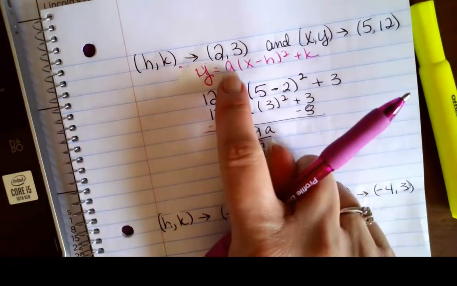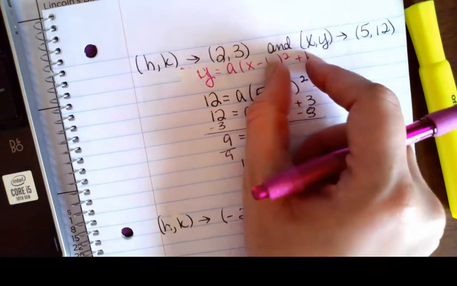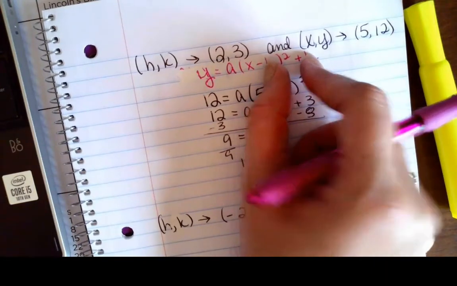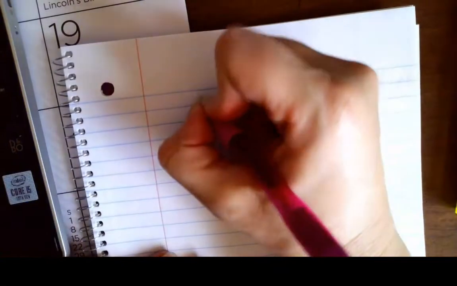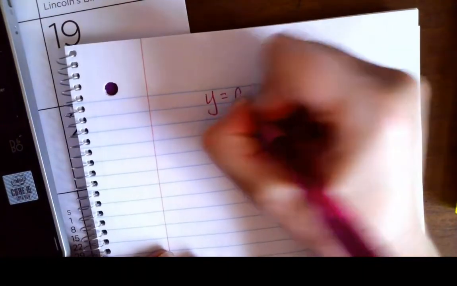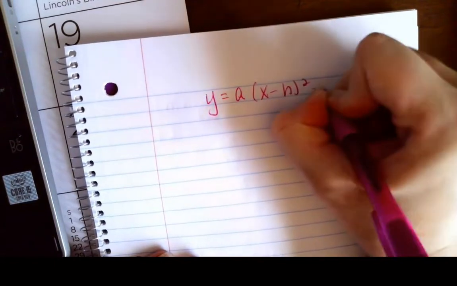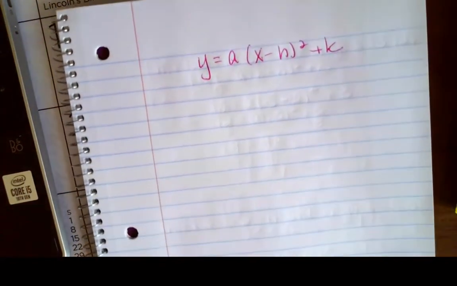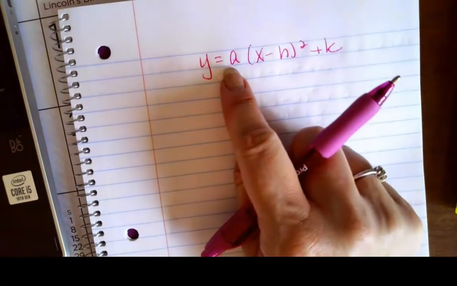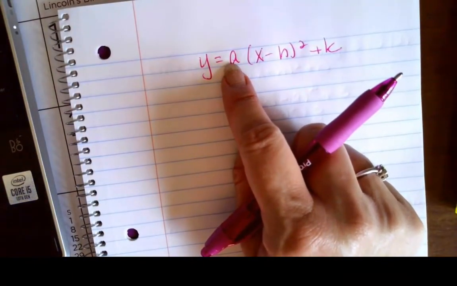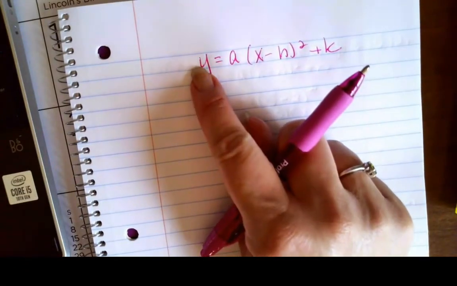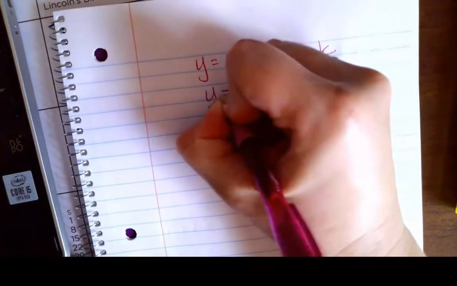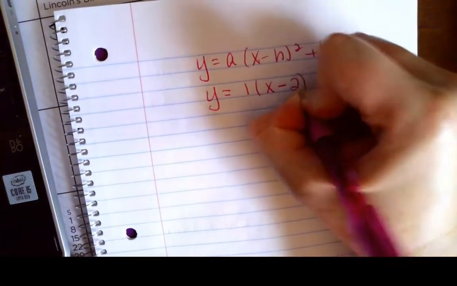Now that I know what a is, I can use just the vertex information and FOIL stuff out. So coming back over here, I have y equals a times x minus h squared plus k. I used the xy coordinate for the simple purpose of finding out a. Now I know what that is: it's 1. So I'm going to leave my x alone and my y alone. I've got y equals 1 times x minus 2,